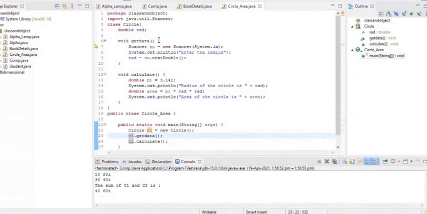The control flow again goes to the calculate function. Here double pi is a local variable, and double area is also a local variable. Then the area of the circle will be calculated and printed. After printing, the control will come back to the main method and it will end.